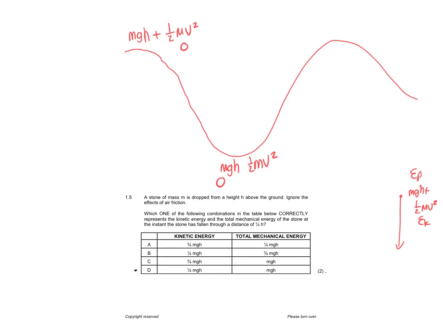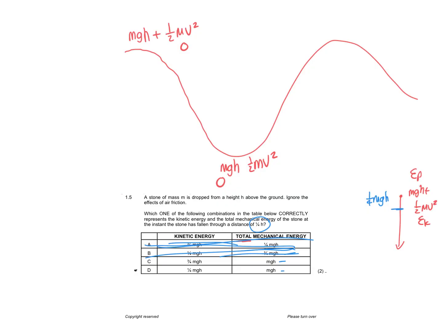So the total mechanical energy, if you know the definition, the total mechanical energy in an isolated system is conserved or remains constant, which means that in the beginning, you had all of your high energy and none of your fast. So if we're guessing between C and D, because the mechanical energy must be mgh, because that's all of the high energy. And then they are telling you that the stone has fallen through a distance of a quarter h, which means it's sitting like over here,